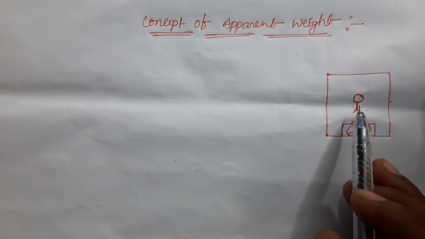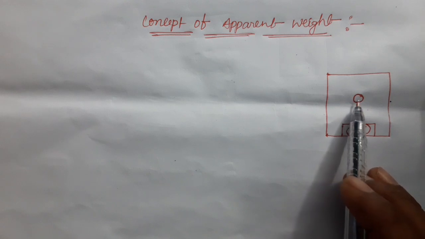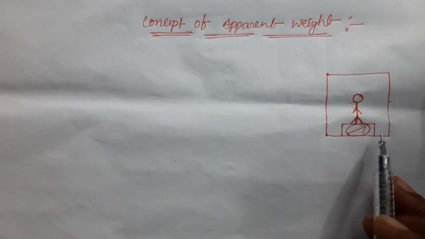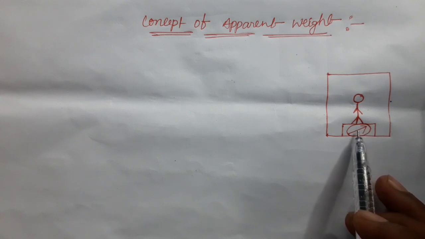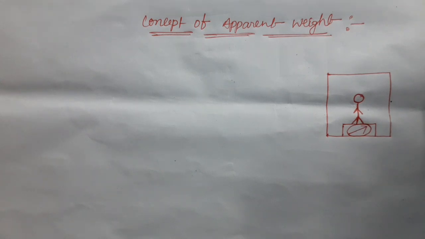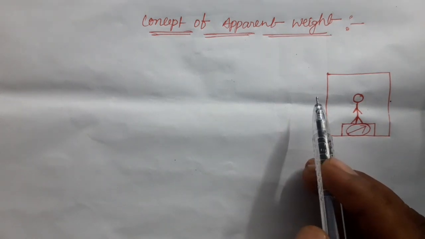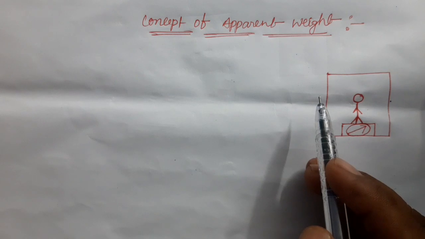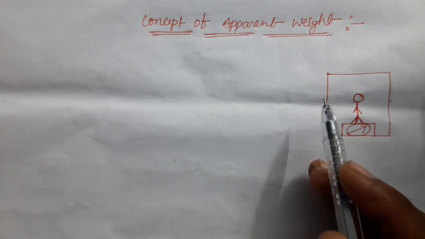At that time, due to the gravitational attraction of the earth acting on this person, the weight of the person is applied on this weighing machine. Because of that, students, the weighing machine develops a normal reaction. That normal reaction gives the reading of the weighing machine. If you want to measure that in kilograms, you should write the reading as W by g kg, that means weight, or normal reaction, by g kg.